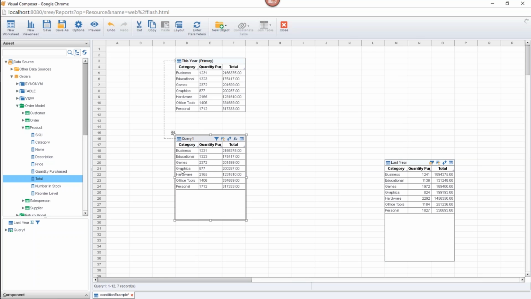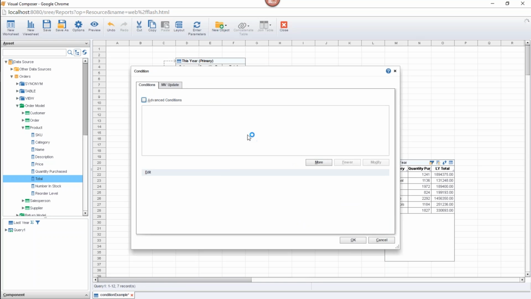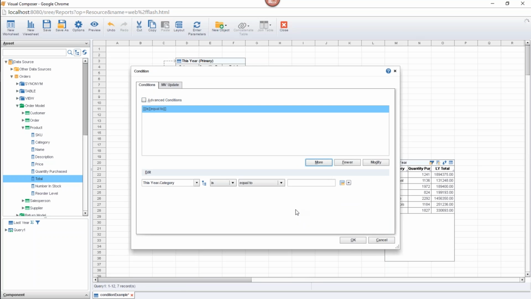So what I want again is the categories where this total is greater than that total. Let me actually change the name of that. Last year total. Okay, and this one I'll call this year total. So how do I do it? I'm going to apply a condition over here. I'm operating on the mirror. Apply a condition, and the condition is going to be that